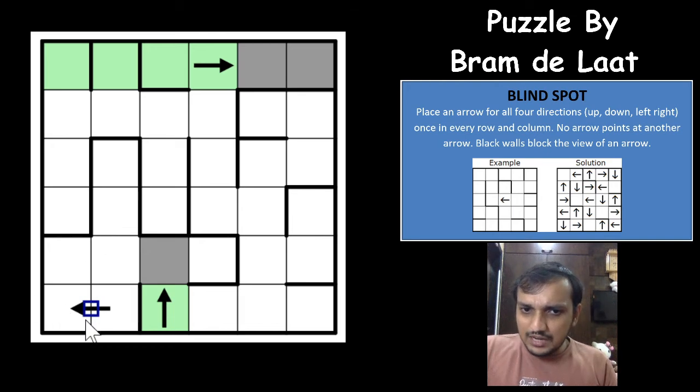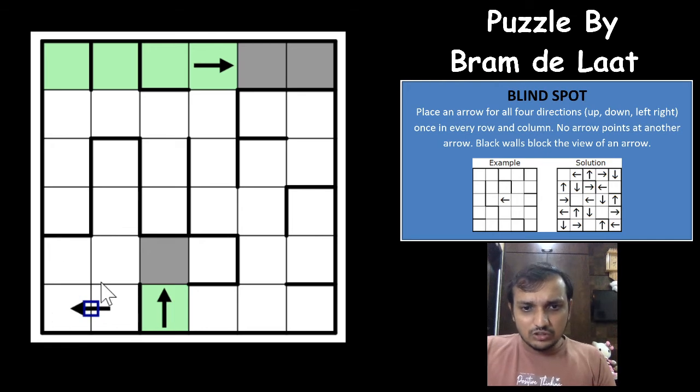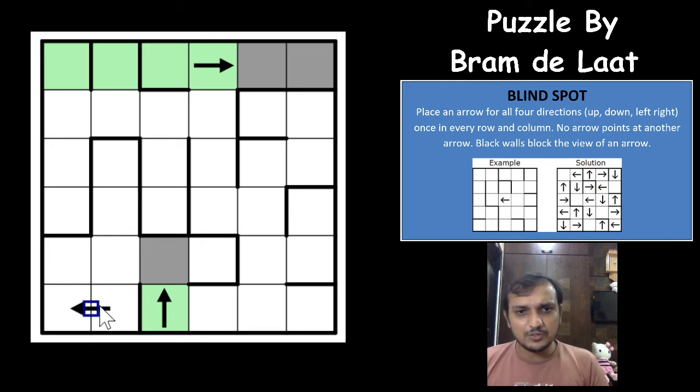There can never be any other arrow here, because now if you see this row, left arrow cannot be in any of these three cells, left arrow will have to be in one of these two cells, right? If you have any other arrow here, left arrow will have to be in the second cell, and it will point to an arrow. So the first cell from that direction, from that edge, will always have to be either the blank cell or the arrow that we have already placed in between those two cells. That's an excellent piece of logic actually.